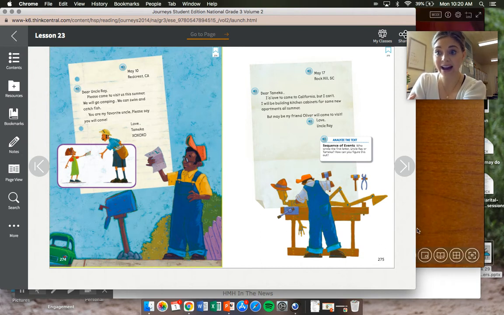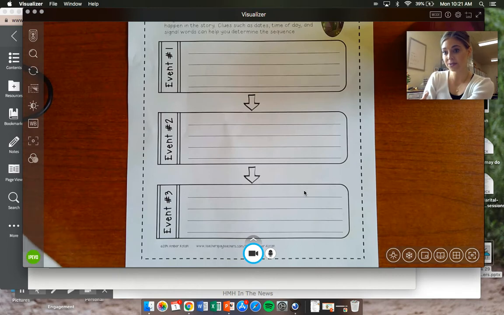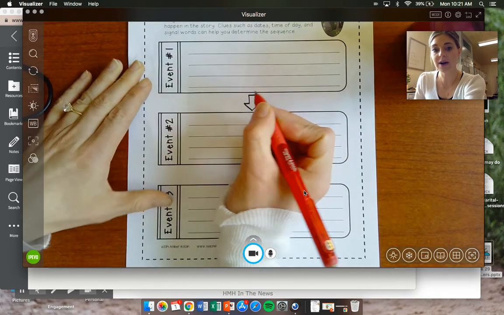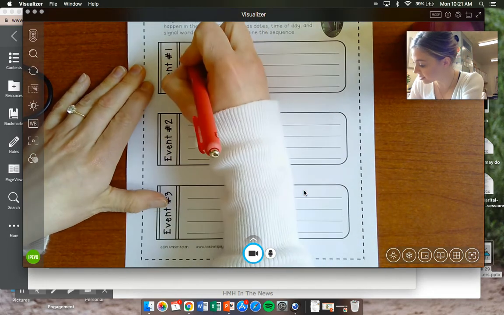Okay, so we can see him building Oliver here. The first thing that happens in this story is that Tamika starts a conversation with Uncle Ray, asking him to come visit her in California. So that's what I'm going to write down. The transition word I can use there can be first. So I'm going to say first,